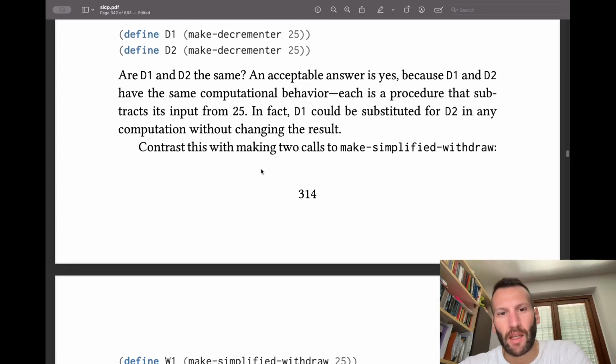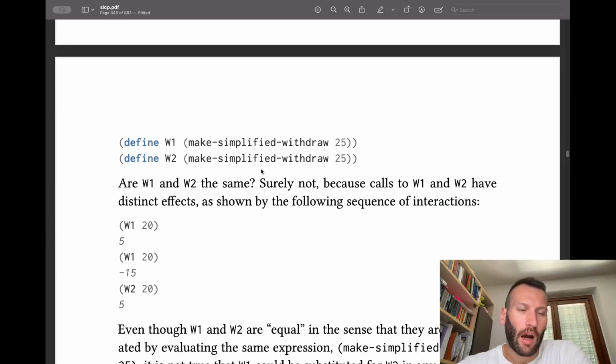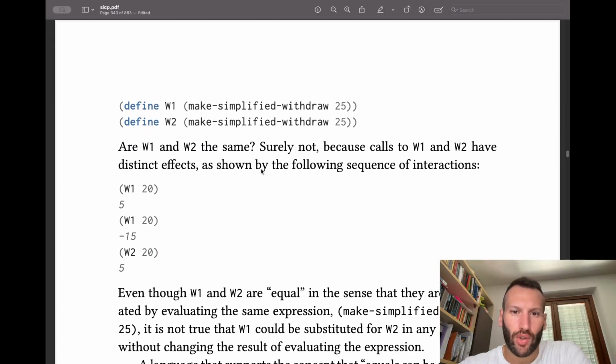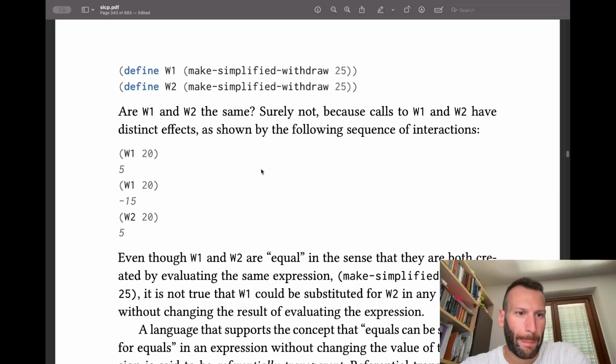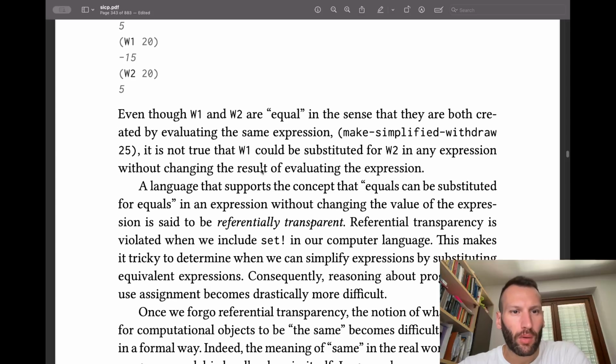Contrast these with making two calls to make-simplified-withdraw. Are W1 and W2 the same? Surely not, because calls to W1 and W2 have distinct effects, as shown by the following sequence of interactions. Even though W1 and W2 are equal in the sense that they are both created by evaluating the same expression, make-simplified-withdraw, it is not true